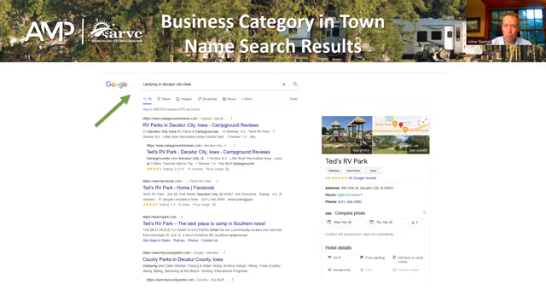The value of a well-developed business profile can be extreme. The holy grail is to have your business profile show up in a general business category search plus town name. So not just when somebody's searching for Ted's RV Park, but also when somebody is searching for camping near Decatur City, Iowa. That's the coin of the realm right there. It's unpaid, and it's worth thousands or potentially tens of thousands of dollars to build out your profile presence at no charge, to show up that well when you're searched.